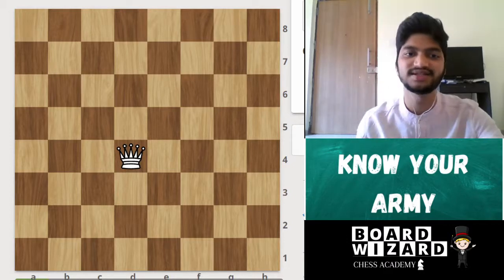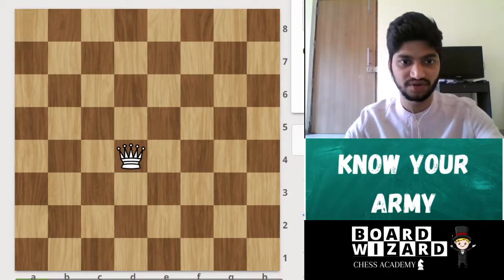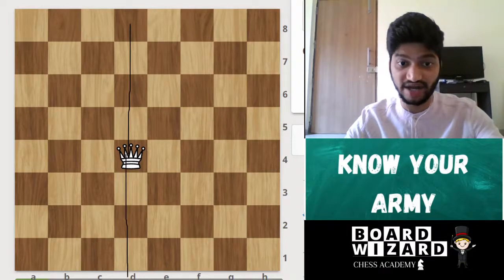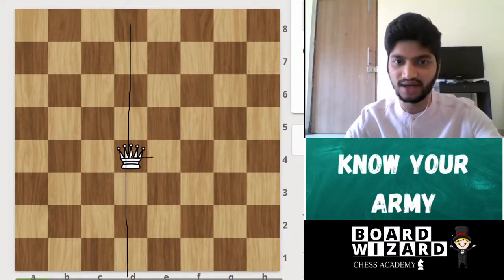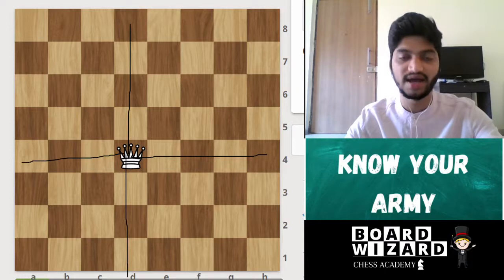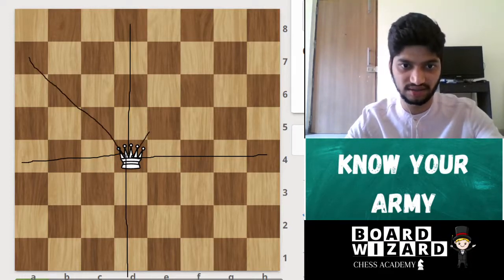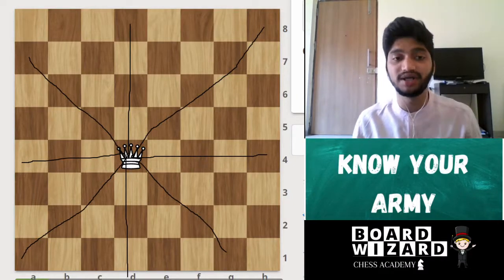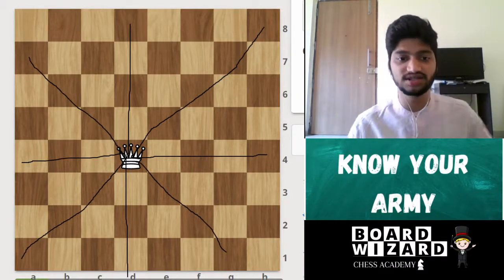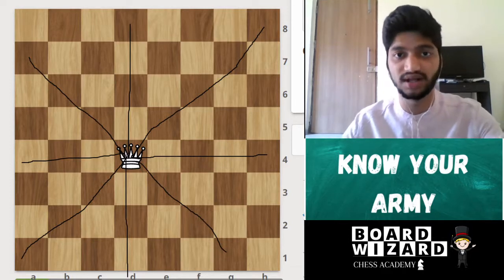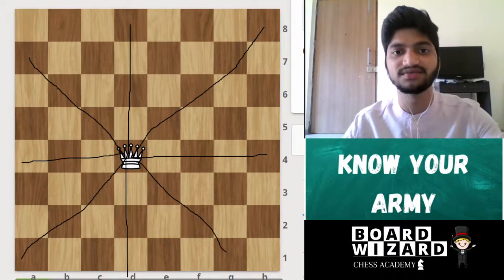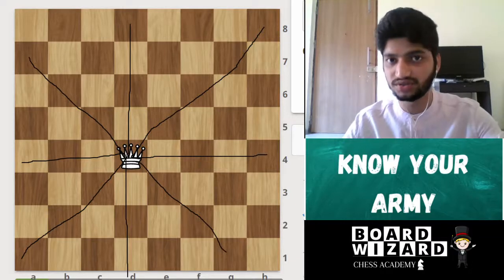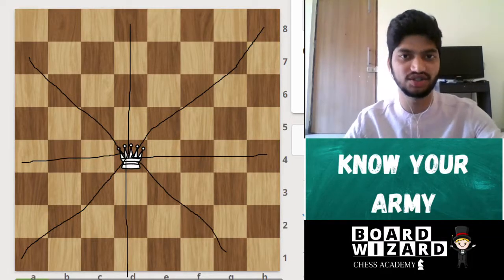That means she can move like a rook in files, vertical lines, and in ranks, horizontal lines, and also like a bishop, so in diagonals as well. So you see, the queen is controlling a lot of squares. Probably she is controlling the most number of squares, unlike any other piece. That's why the queen is known as the strongest piece in chess.